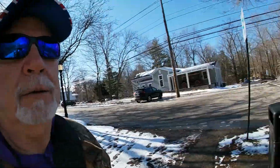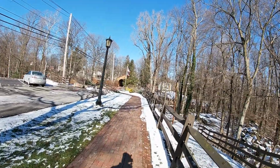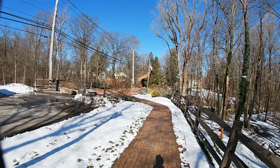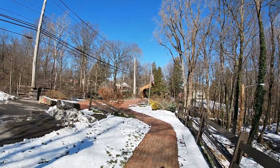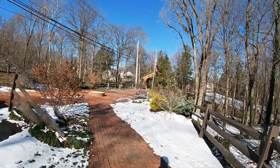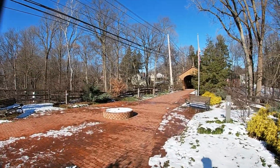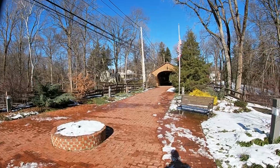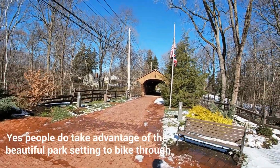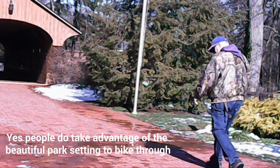We are out in Olmsted Falls. We're going to take a look at the third covered bridge in Northeast Ohio. They've got a beautiful park setting out here. We're going to walk through the covered bridge. In the summertime, this is a beautiful little spot. People walking, jogging. I don't know if they bike so much through here, but